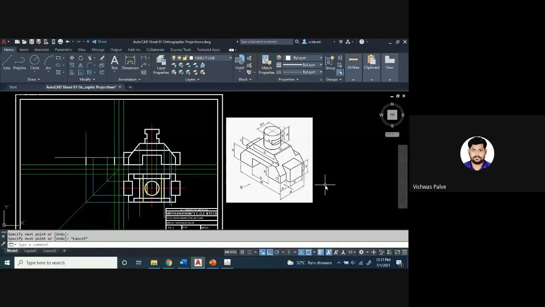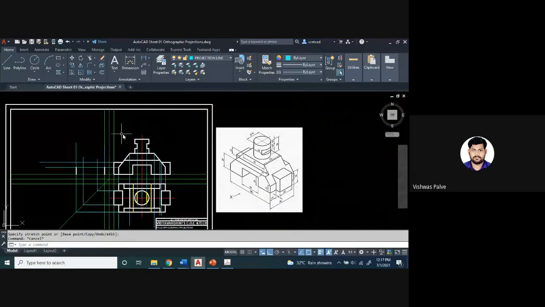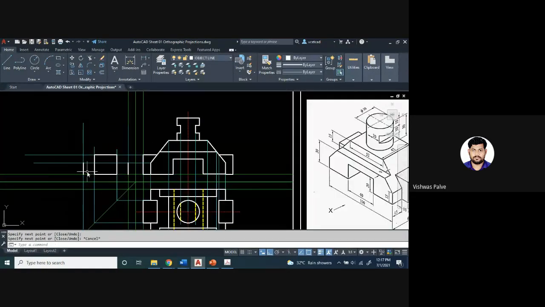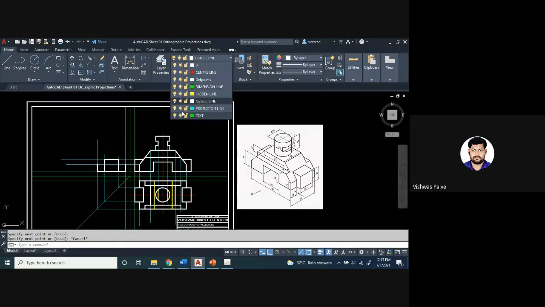Now, if I want to show this rectangular face, when I observe the 30 millimeter and 26 millimeter height, I will take a horizontal projection, also drawn with projections, and transfer these projections vertically. Now I will select the object line. So see, this is the process for drawing the offline orthographic projection. If I want to draw it on paper, then we have to draw it with the projections. If I switch off the projection layer, now you will see this rectangular portion I have drawn.